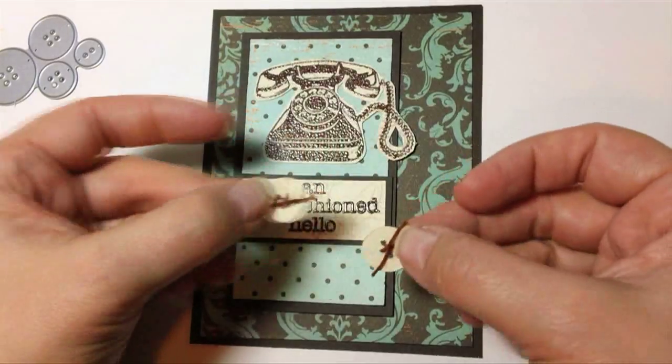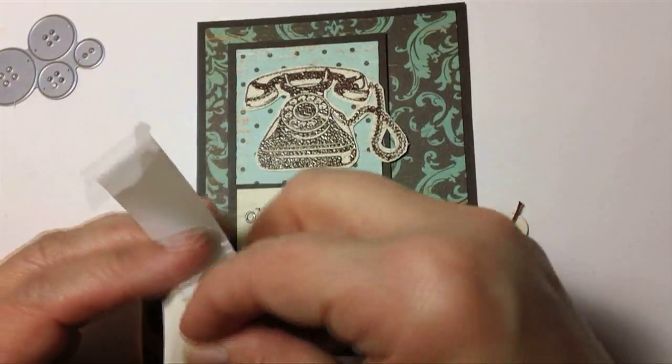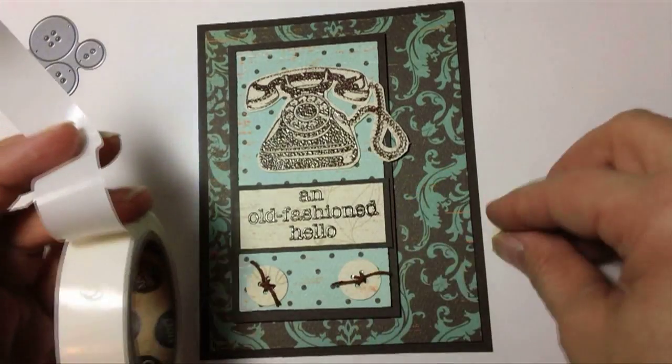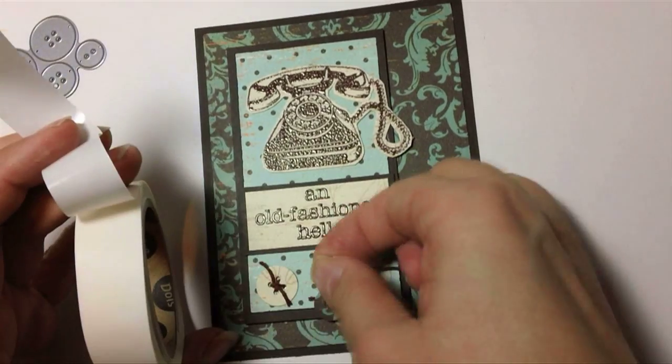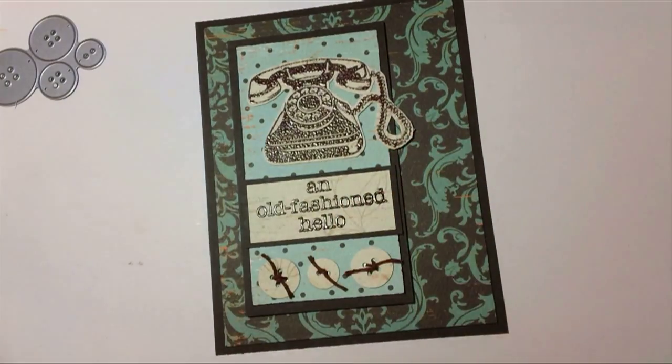I've got buttons that I've punched out of a die. It's a Memory Box die. It does a couple little sizes of buttons, so I'm going to use two different sizes on this one with very tiny glue dots so that I can not have that glue stick out past the button, and then it'll stick to something. So here's the sketch, and you can see I've got all the pieces, but oh my gosh,